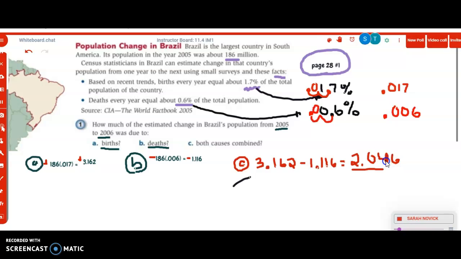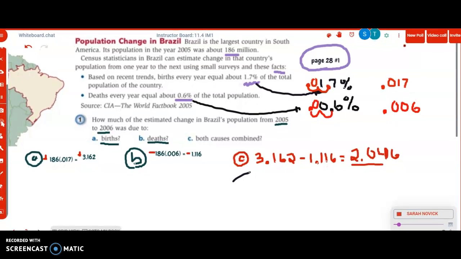Okay? Now you might remember from your days of doing algebra that when you have this equation and this equation, the 186 is the same. So you can actually take the percents and subtract them, right? So you can actually say, well, this is the same as doing 186